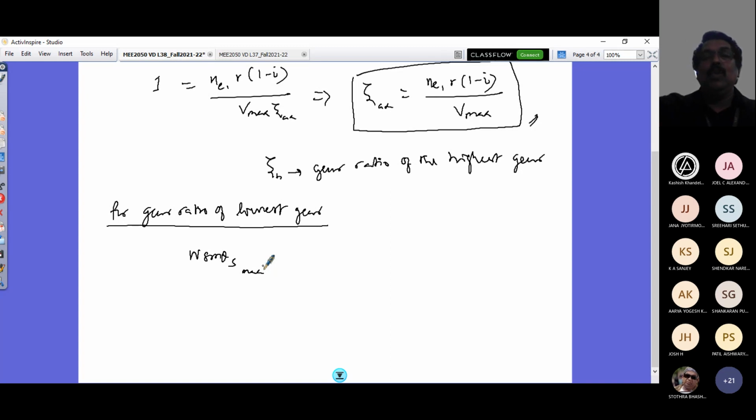If it is a 33% slope, then my vehicle speed should be smaller. At the lowest speed, I should have a maximum tractive effort. So that is what is going to decide. To accommodate that, I would consider this as the basis for deciding my lowest gear ratio. So this would be given by